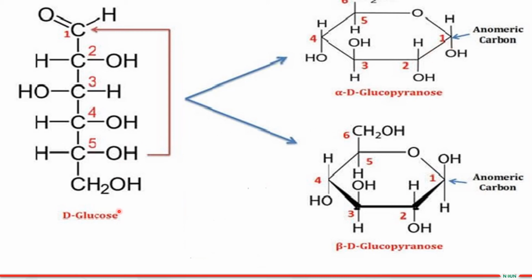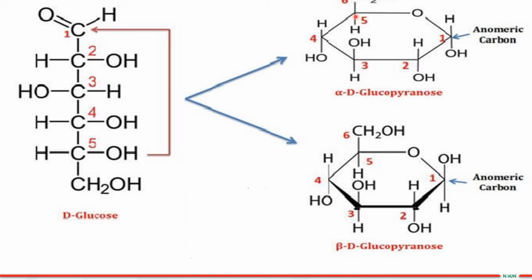So by the time a D straight chain glucose is converted to a cyclic glucose, it will either form an alpha D anomer or a beta D anomer. That brings us to another, you look at this name now, we have alpha D gluco, and there's another new word, pyranose. Pyranose is the name given to